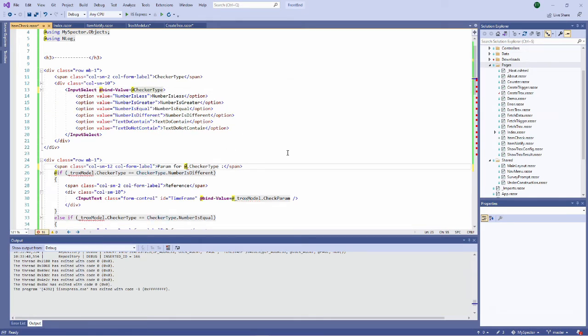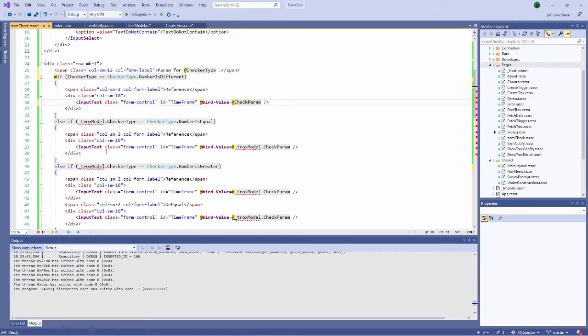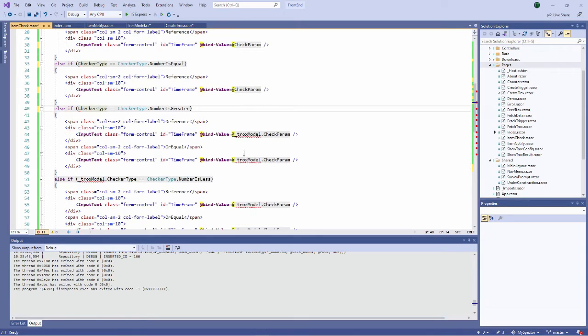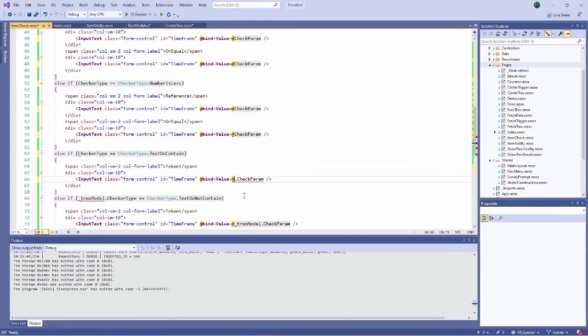So this is the name of the property, not the type. Trox model checker type, I remove it. Trox model checker type, like this, like this, like this, like this, like this. This is boring, but so